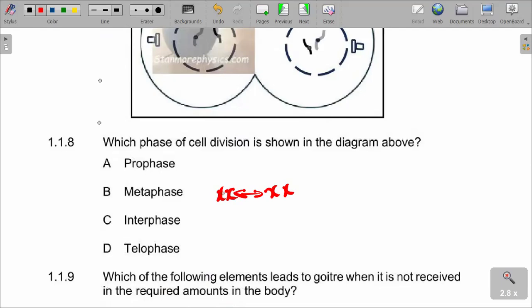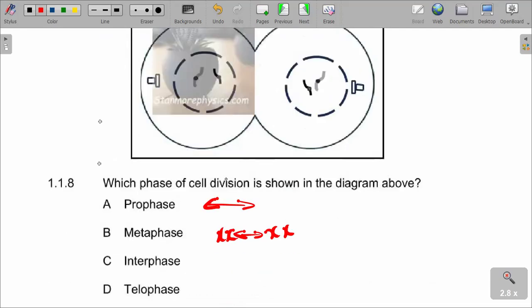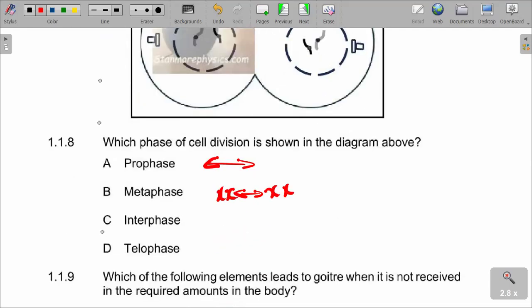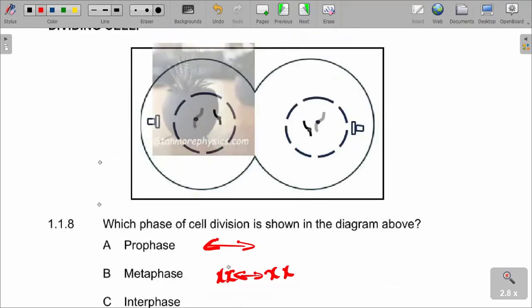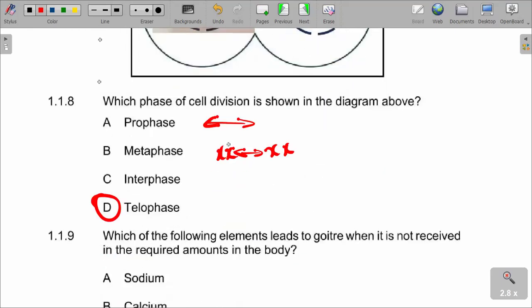In interphase and prophase, we talked about the condensing of the chromatin network, where the cell is still preparing for division. Telophase is the process shown in the diagram, when the cell is now dividing to form two cells. So it is